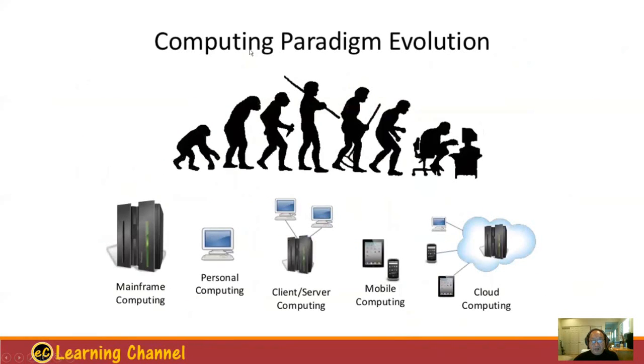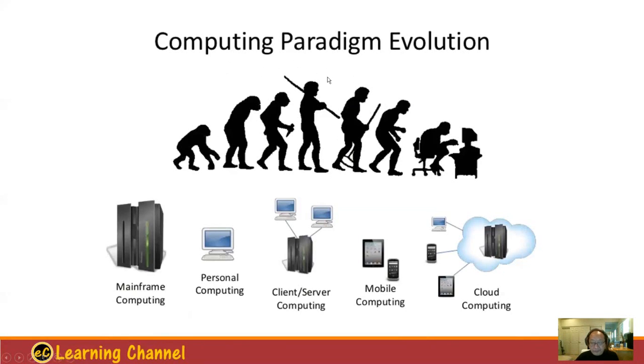So the evolution of the computing paradigm: we started from the mainframe computer, where everybody connected through terminals to a computer. And then we had the Unix system, and then personal computing, DOS or Windows. And then we started to have client-server for HTML, where you download something from a website. And then we have mobile devices. And now we have cloud computing, putting everything in data centers, and then you browse through the internet and get whatever service you have. So that's the evolution of the